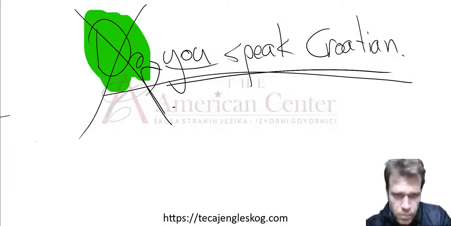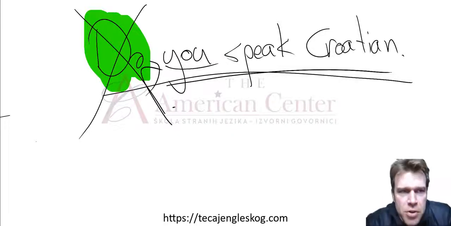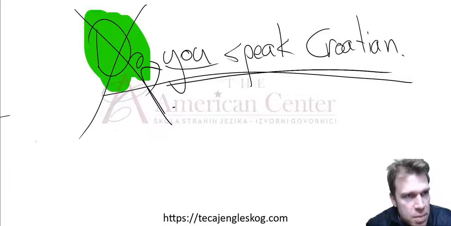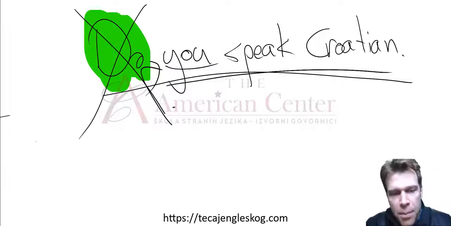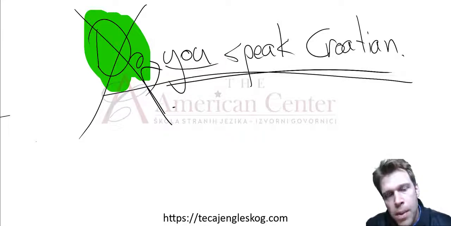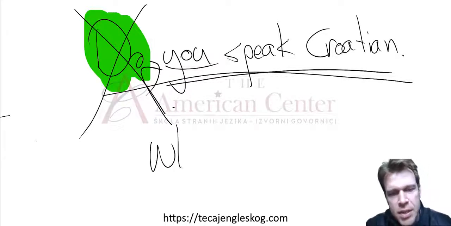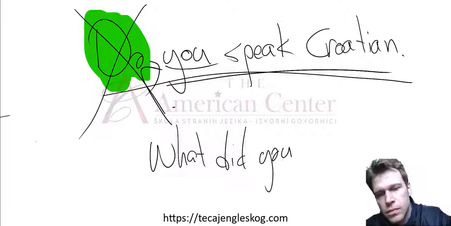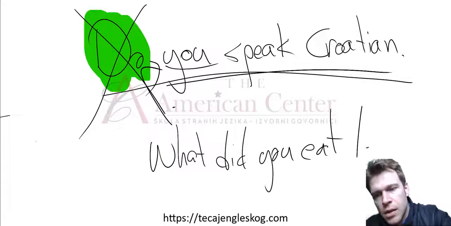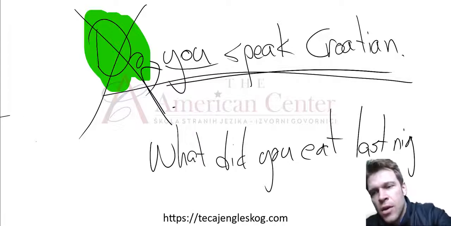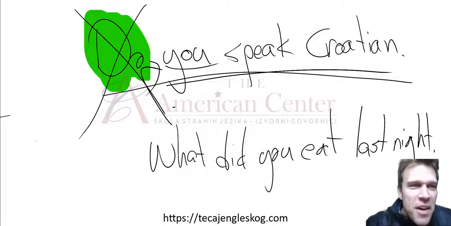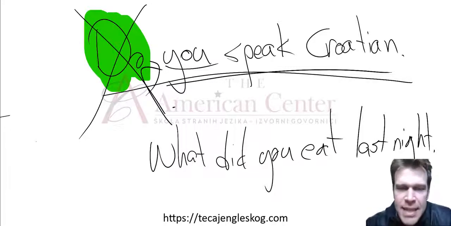Okay, now, if we do not have a yes or no question and we have a WH question, we do not use if. We just keep the question word there. For example, let's think of something good. What did you eat last night? Don't tell me it was cevapi. All right. We've had enough cevapi. So let's look at this.